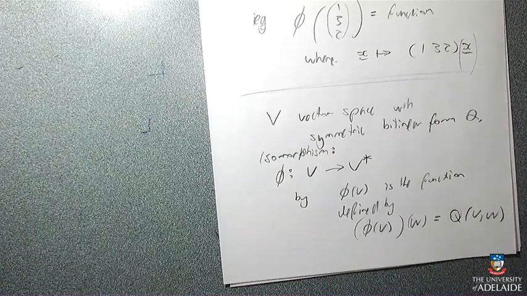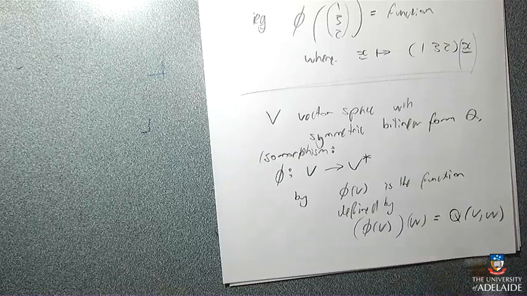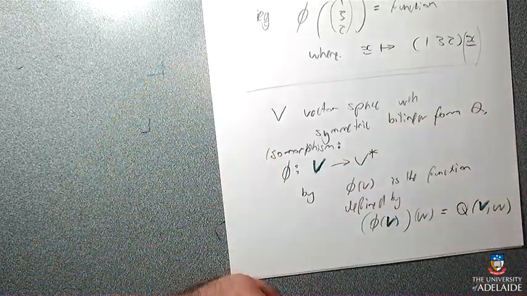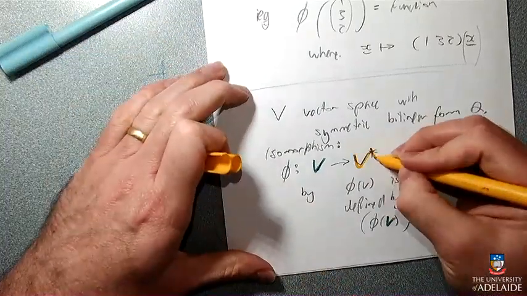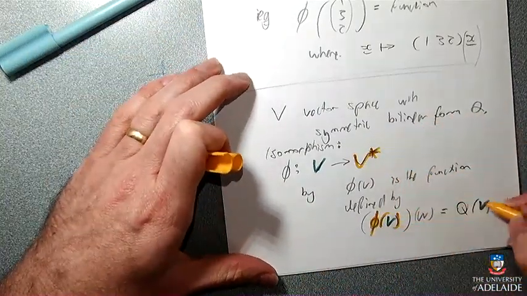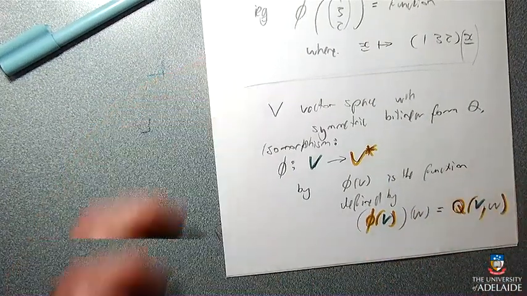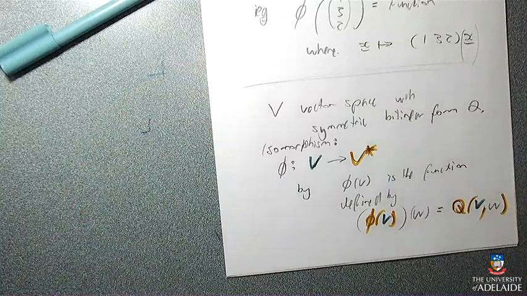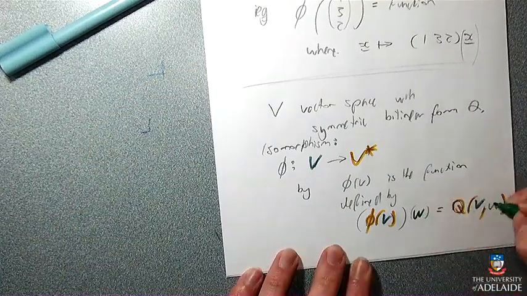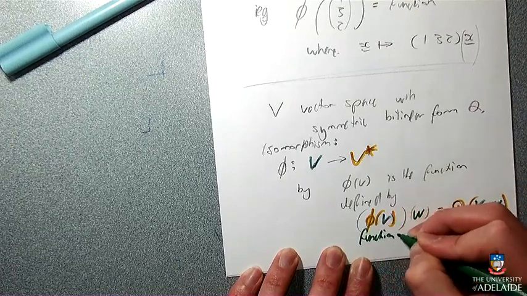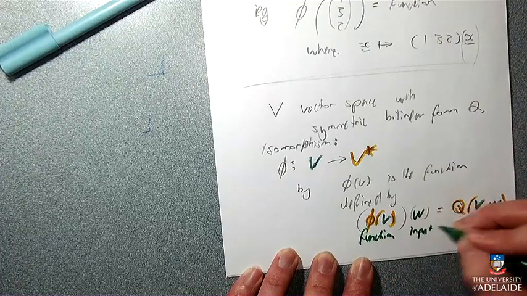So this produces a function. So if I do, damn it, let's just keep track. That's the V, which is here and here. This is the V star, which is this thing. This result is in V star, which is that bit there. And then this is the result of the function. So this is a function. This is the input. This is the output.